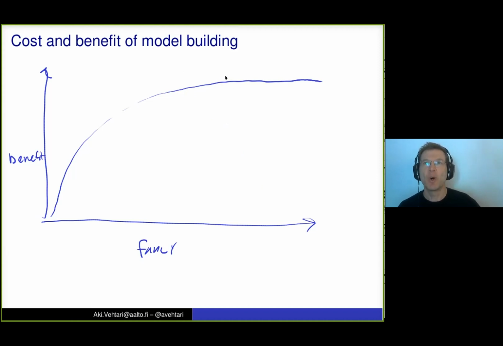So at some point, there just isn't any more useful information in the data that we could learn a more fancy model. It is possible that the true phenomenon is more complex.